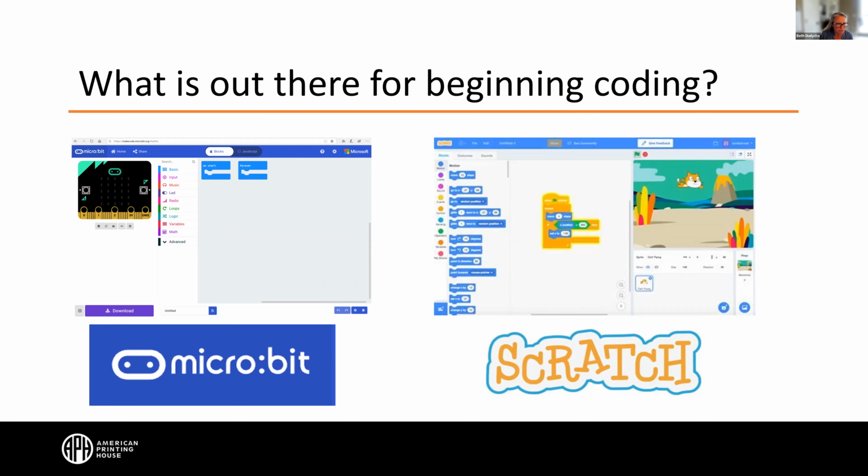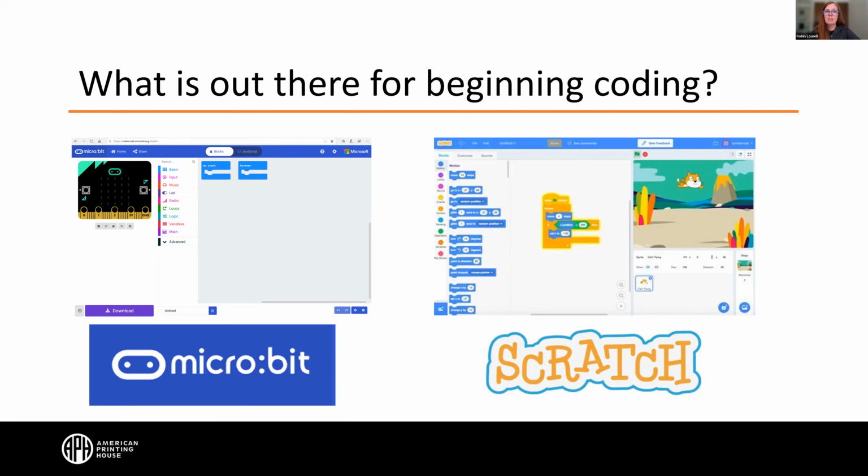Robin, was there anything else you wanted to say about some of the other options out there? No, I think it just ties into the "yes, I can." So we need to ensure that our students are getting an experience that says from the beginning, "Oh, this is something I can do," and not "this is something I can't do at this time."